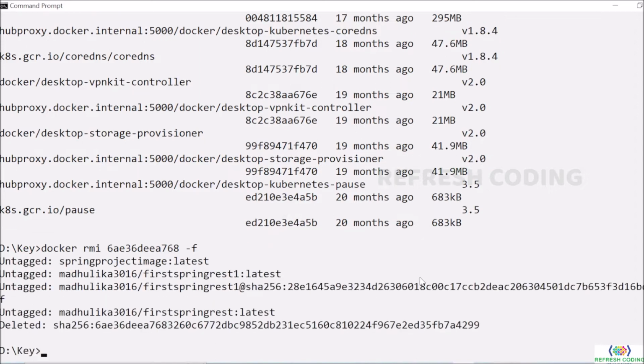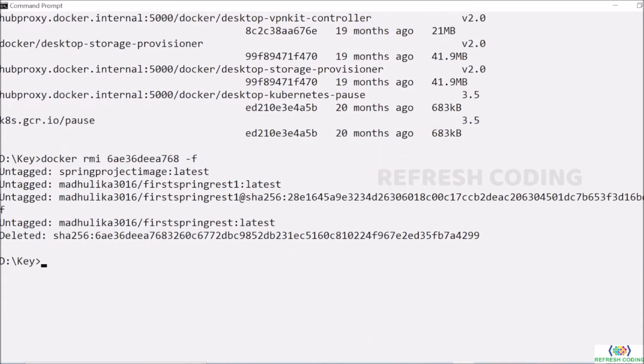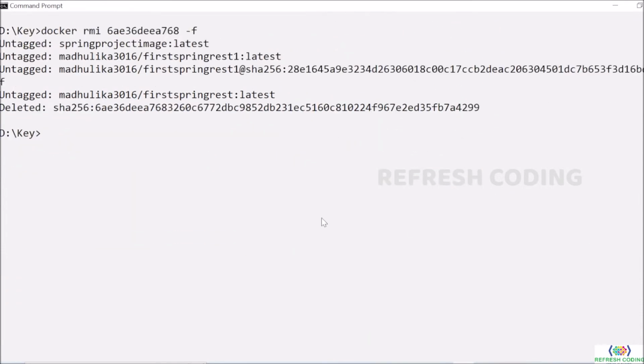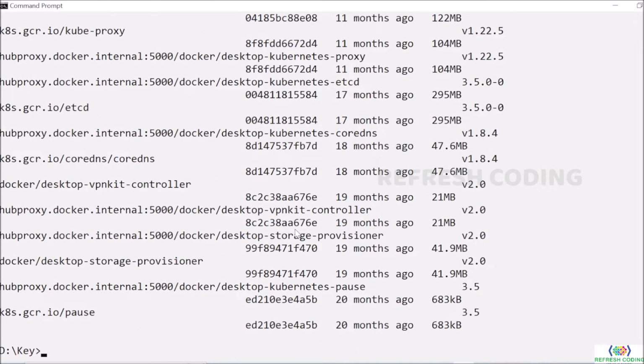It will take some time, and if you can see, untagged, so first it will untag the image and then it will delete the image. So now I don't have the image in my local system. The image is there on Docker Hub because I pushed it there, but it should not be there in my local system because I have deleted it from my local system.